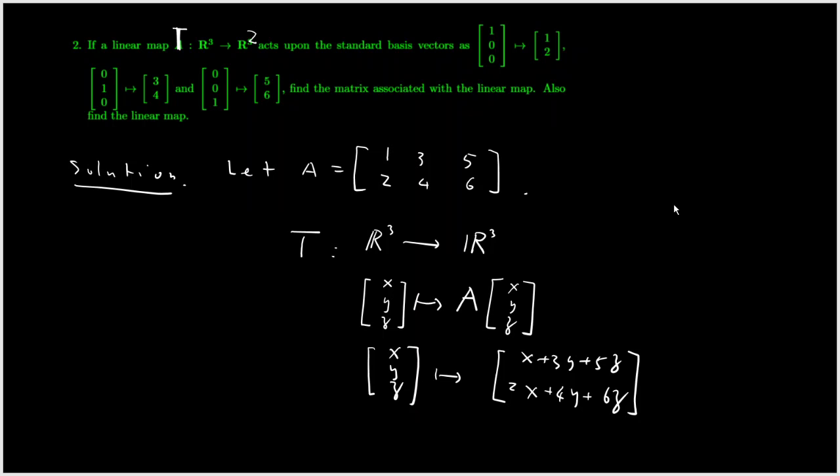Okay, so that's the linear map we found. Again, using the given condition, we got a linear map T, and then we have to justify. So can I include one more step? I want you to justify. We want to show, to justify, by that we mean we want to show T indeed maps 1, 0, 0 to 1, 2, 0, 1, 0 to 3, 4, and so on. Okay. So maybe to justify,